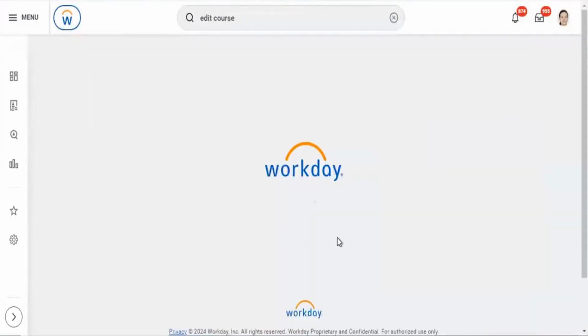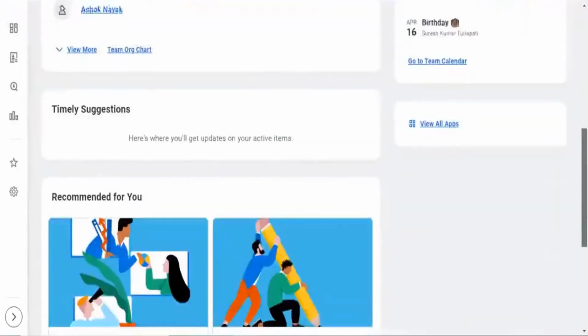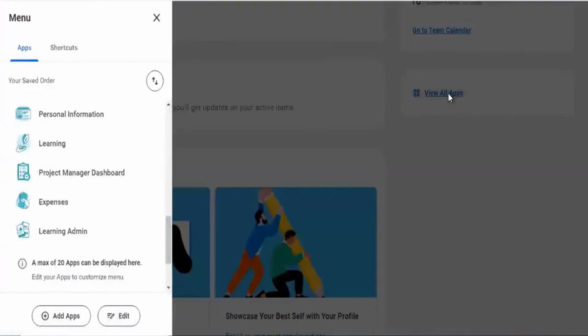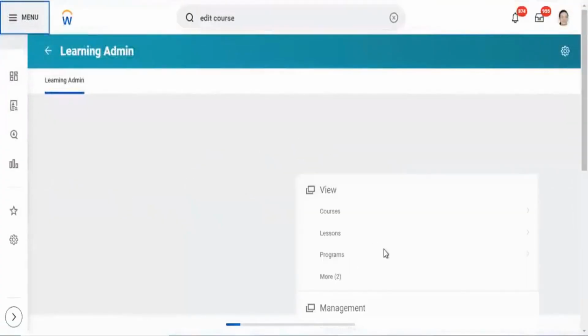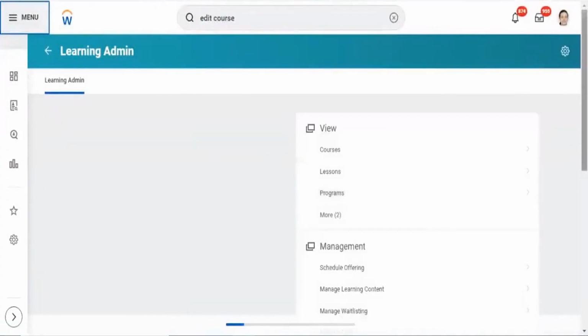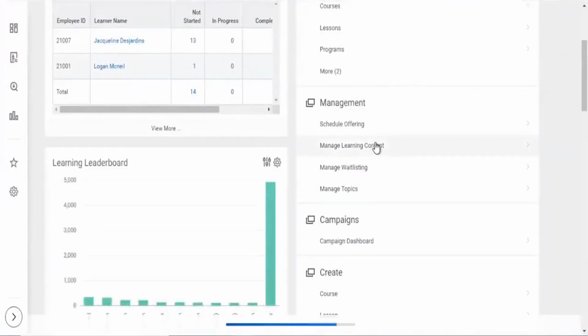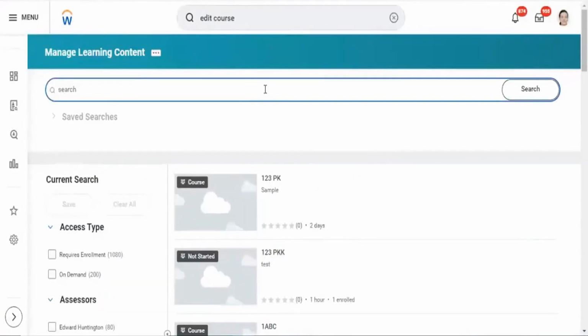Now, since we've added a condition, normal courses which do not have cost should not go for an approval. But the courses that have cost should go for an approval. We'll test both scenarios so that you get clarity on how it works. And this will be one of the requirements for you. Is that a requirement from business? You will be part of the business team. This would be a requirement from your side.